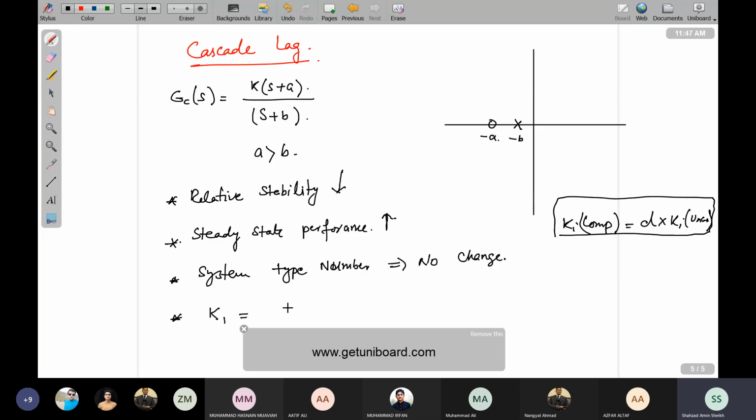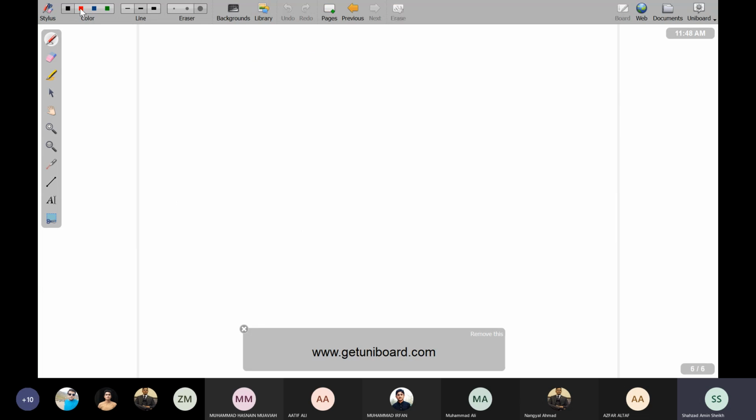And if you look at the ramp error coefficient, it is not infinity now, it is constant. So as a result there will be some steady state ramp error in this case. Okay, so this is your cascade lag compensator, and when we move to cascade lead, so in this case